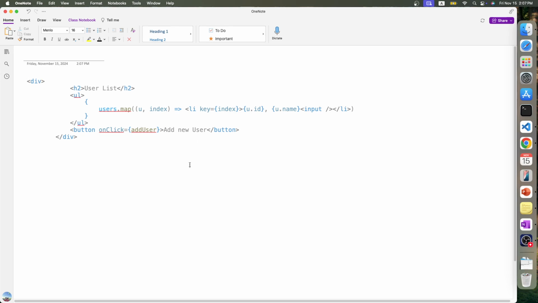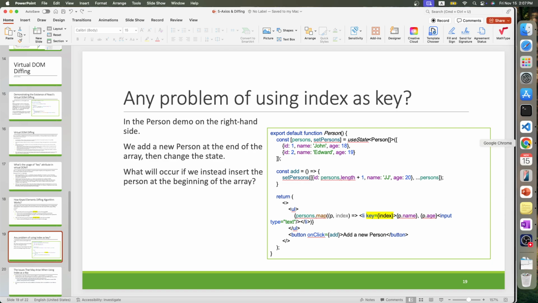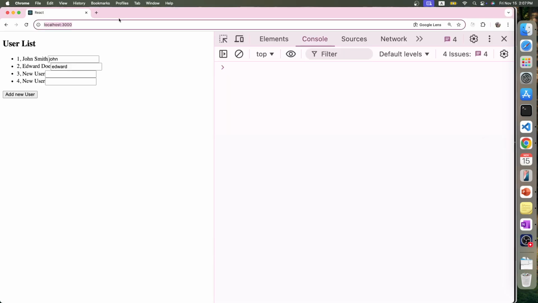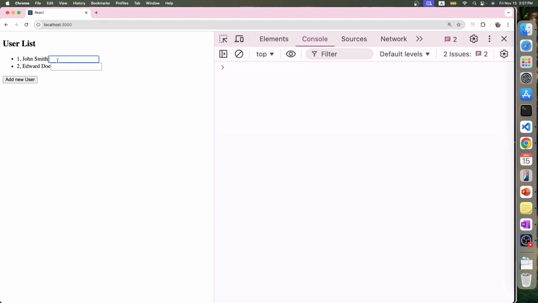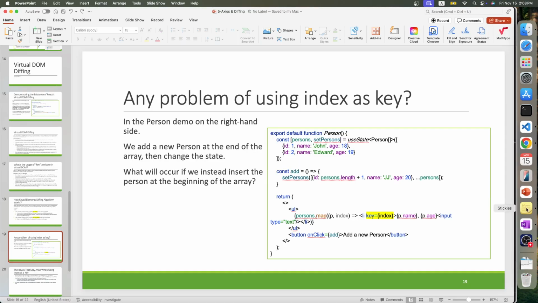Now we will first draw the initial state. We will not start from the initial rendering. I'm going to draw the case which already has a John Smith here. Okay, already have this one. Then I click add a new user. What happened? Okay, so here, oh sorry, my bad. Here